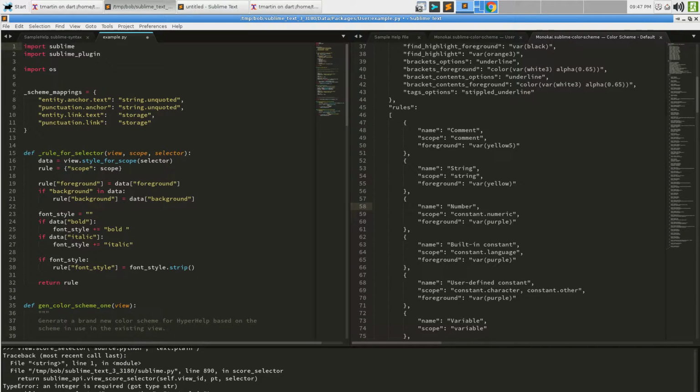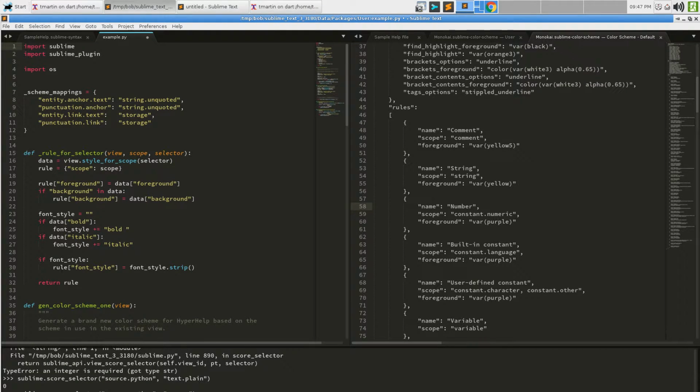If I said source, the answer I get back is 8. So the score of that is 8. What does that actually mean? Well, we could probably presume, based on the fact that if I do this, what's the score of source.python? Now it's 16. It really seems like it's using some sort of power of 2.